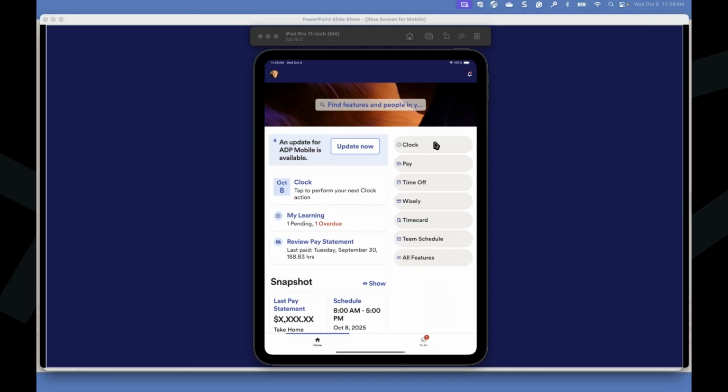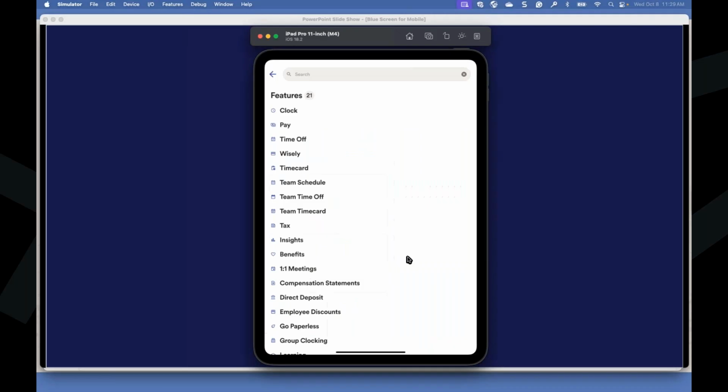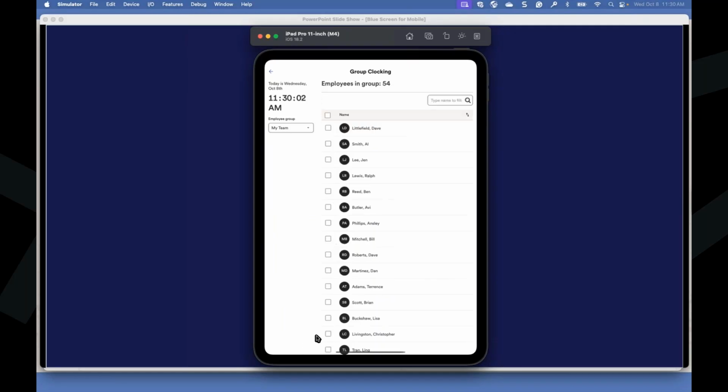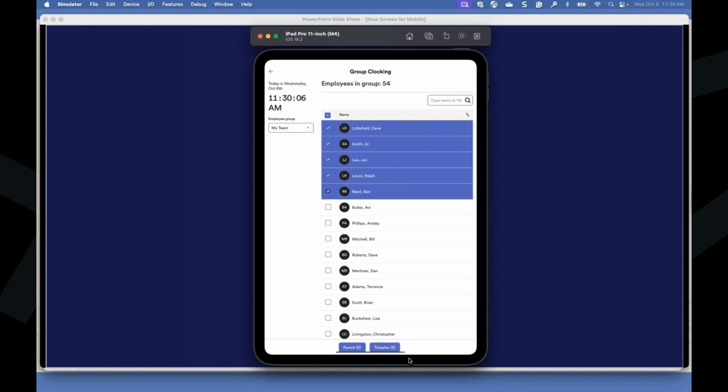So this is just from an individual perspective, but maybe I am the crew leader and I want to say, okay, I want to go ahead and punch in 5 of my guys. Well, instead of punching in those 5 guys individually, as that crew leader, I can come in here and say, okay, I need to punch these 5 guys in, and I don't want them just to be punched into their home location.